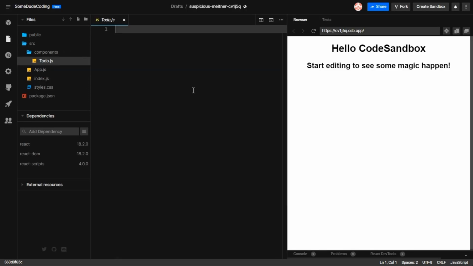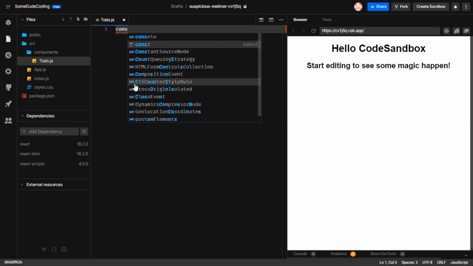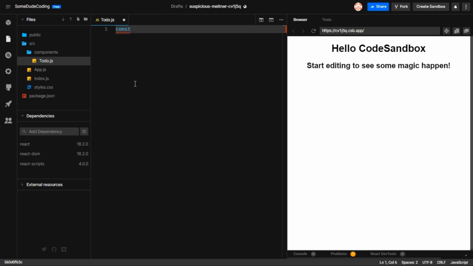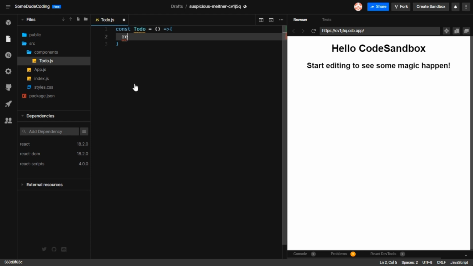Let's create our to-do component here. So let's just go ahead and create it. I use arrow functions. It's going to be const ToDo equals an arrow function that takes no props currently, and then the function will return